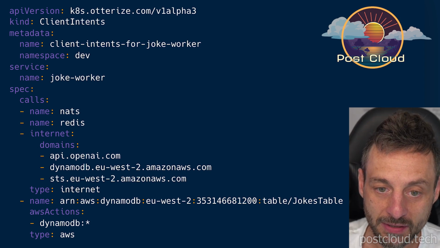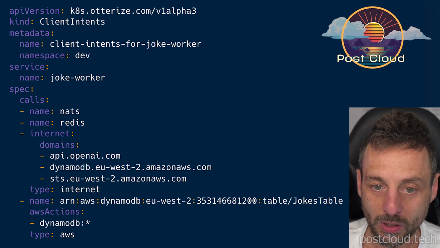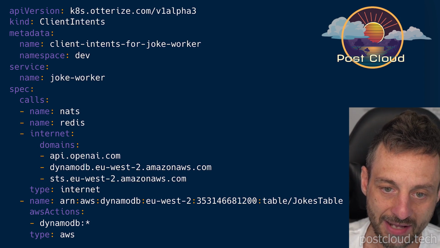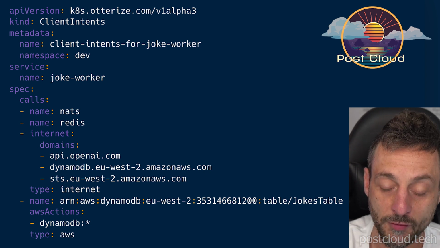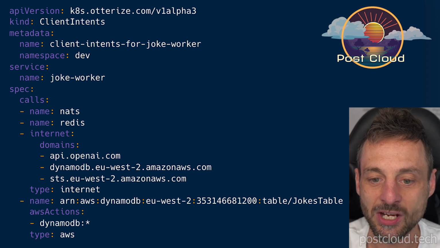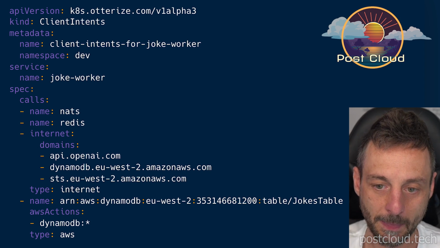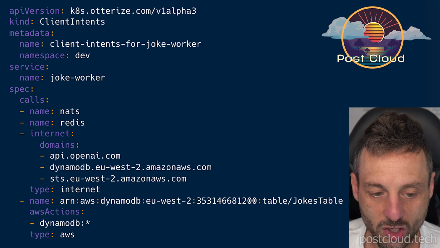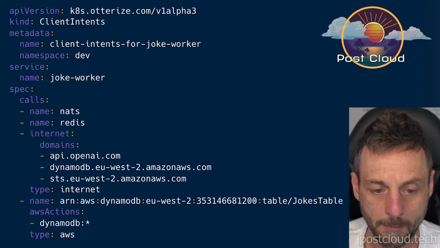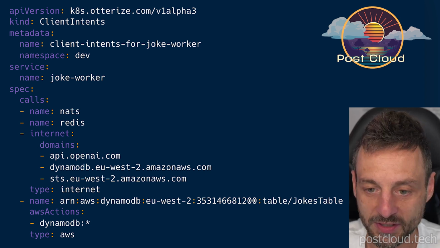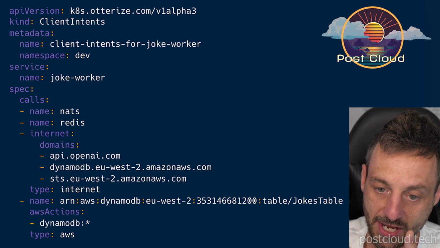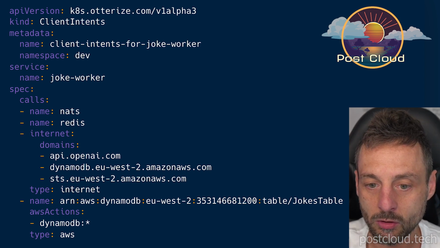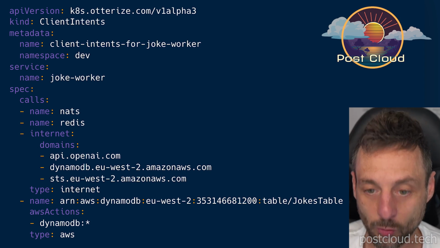So here, everything that is just a name will be translated into a network policy, right? So we're going to enable access to NATS, access to Redis, but in the context of those services, right? So we're going to create ingress rules into this target namespace. So even though the client intent is from the client perspective, we don't change what you would do in a firewall. So in a firewall, you would say, okay, in my vision, I'm allowing ingress connections. Here, it's the same thing. I'm expressing my client intent, which is essentially egress, but we're going to configure that from an ingress perspective, right?